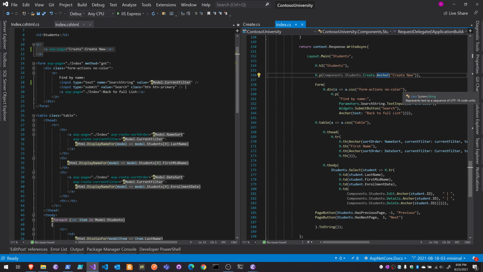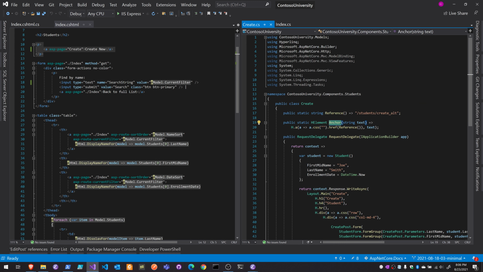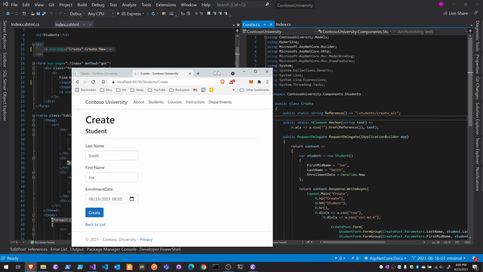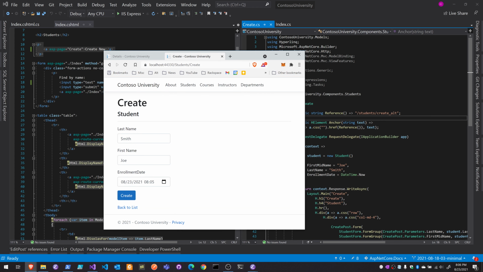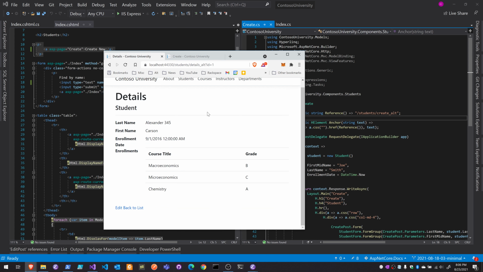In fact, on the anchor, now I will show you. I'll do F12 to jump to it, and we can see the method here is quite simple. Here it's calling out the hyperlink to generate the anchor tag code, and I'm calling another method which is defined here, which gives us the actual URL. And you can see here it's /student/create alt because the official demo application is using /create. But so that I can test things out,